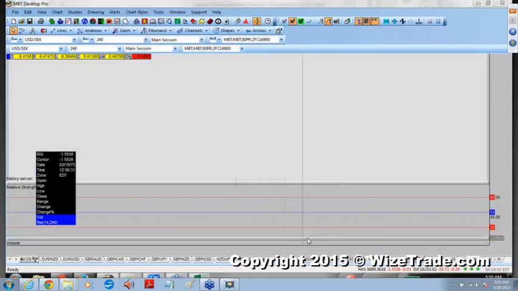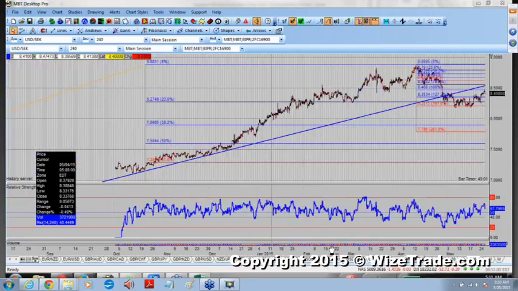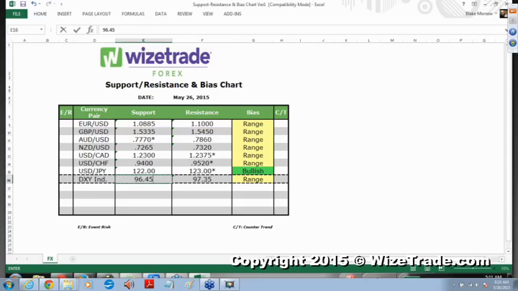Let's go over to the Swedish krona. Swedish krona has a lot of work to do, in my opinion. Okay, so nothing too exciting there. I'm just going to leave your bias chart up right here and let me answer some of your questions. So going back to earlier questions,